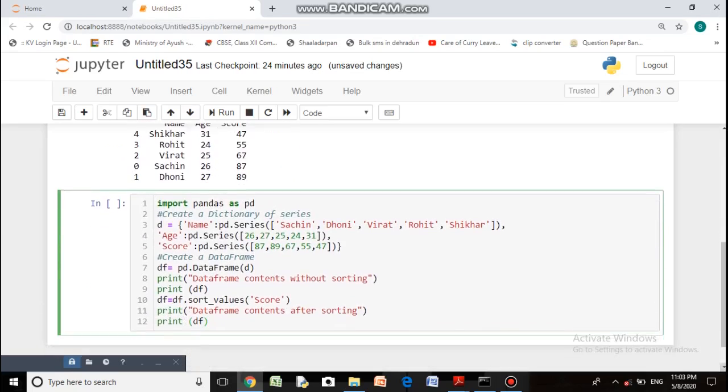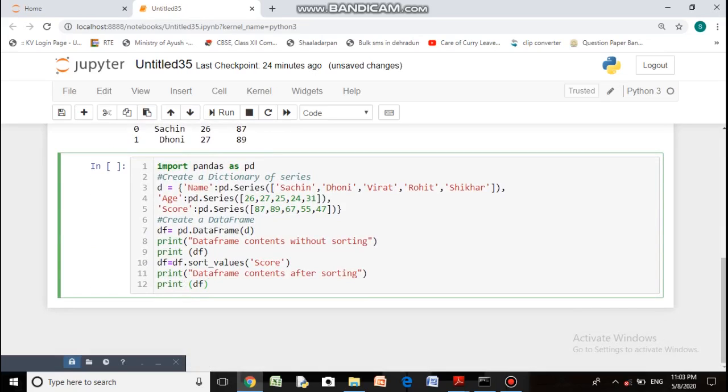Now what changes are required for displaying the data frame in descending order of score? Here we will add ascending equal to 0. Alright, ascending equal to 0. So if you add this ascending equal to 0, this will sort the element in the descending order of score.